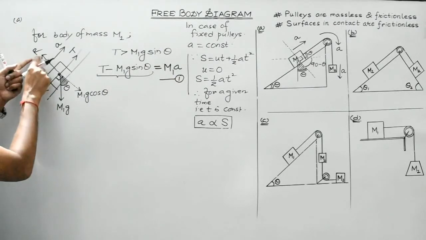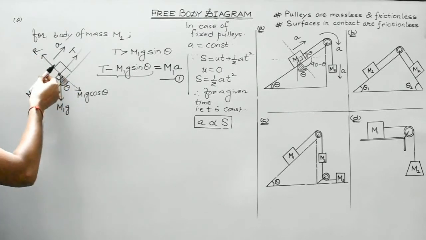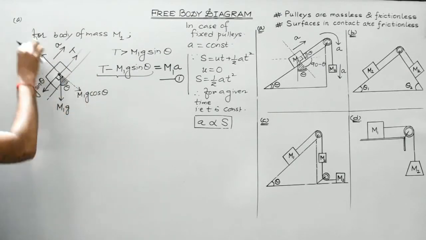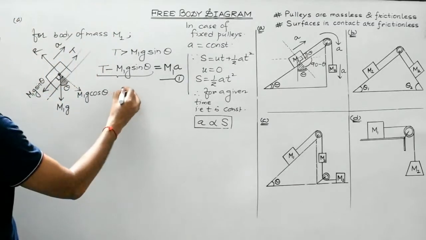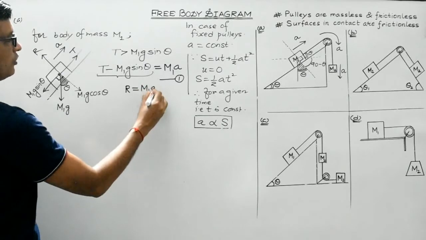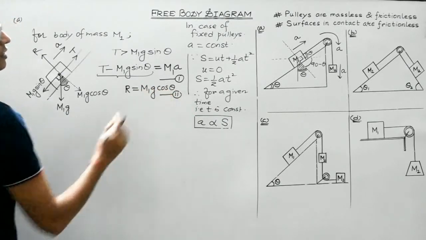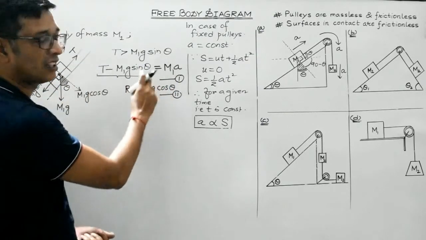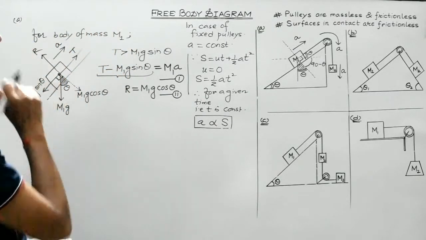So these are the two forces which are balancing each other because the body is moving along this direction. The body is not having any motion along this direction. So R and m1g cos theta must be balanced forces. So they must be cancelling out the effect of each other. So R should be equal to m1g cos theta. This is the second equation. Clear, students? So by drawing the free body diagram, we can easily construct these equations. So this is for body of mass m1.